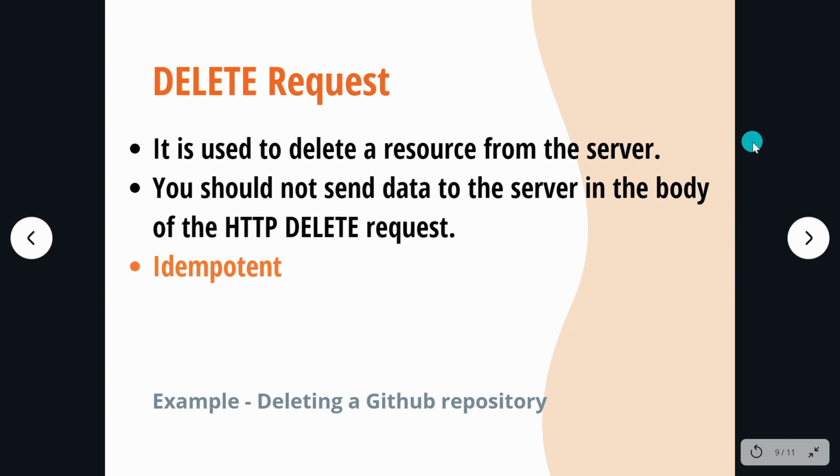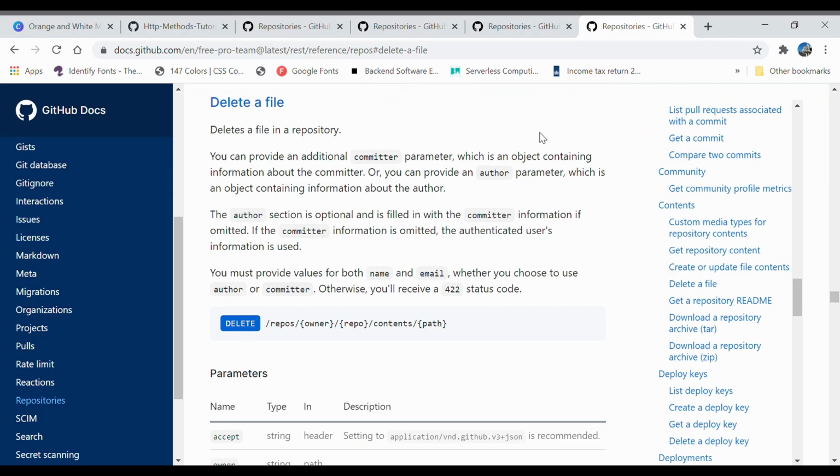Now the best example to demonstrate this is deleting a GitHub file or a repository. Let's go ahead and do that. Now, instead of deleting a whole repository, I thought why not just delete a file. So this is how you can delete a file. This is the request URL or the base URL. Basically, you have to mention the owner name, in my case PyLenin, the repository name, and the path to the file that you want to delete.